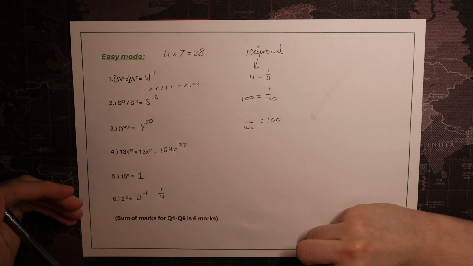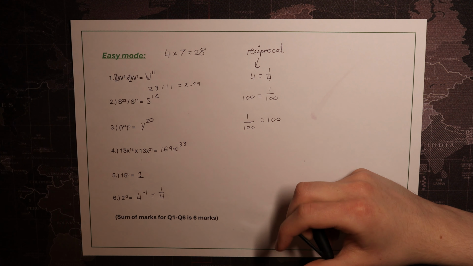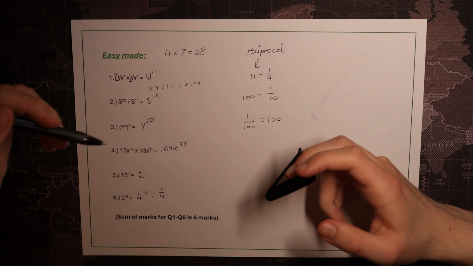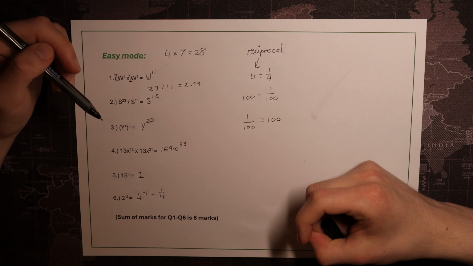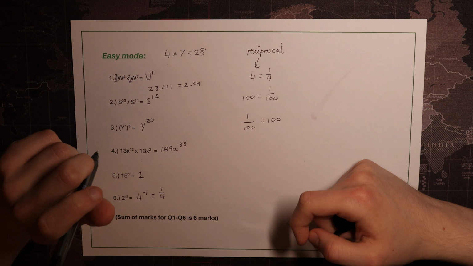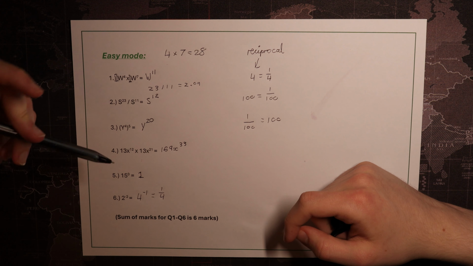It's an easy few marks in your GCSE exam, which could be the difference between your 4 and your 5, or to be honest, even in higher tier, it could be a difference between a 5 or a 6 or a 7 or an 8, depending how good you are with the higher level topics. And the fact is, just for conventional wisdom's sake, if you are a higher level student, don't forget the easy